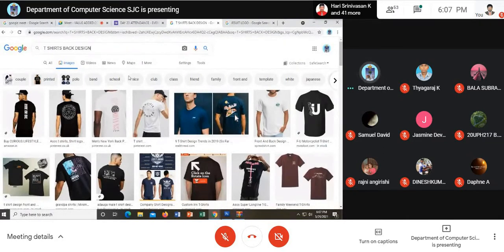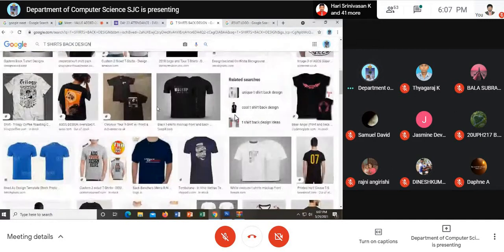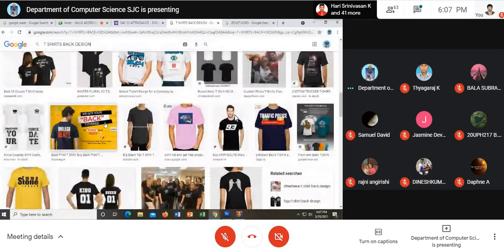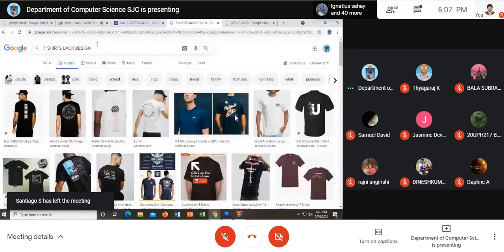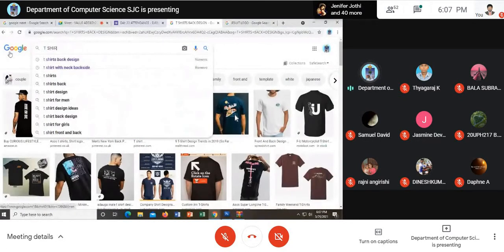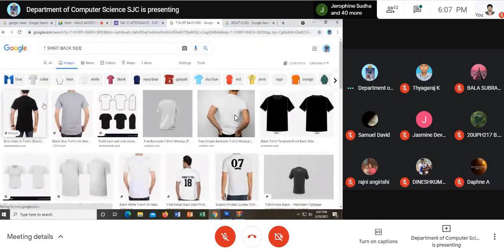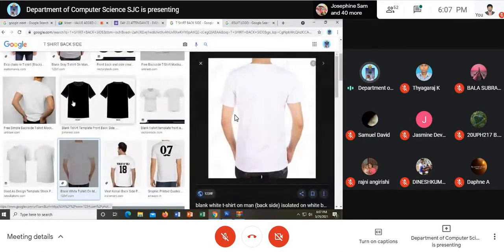Now let us see. One minute. I shall take up a formal T-shirt back, just to show you. T-shirt back side. Just to give a model for you, I'm just taking this model.